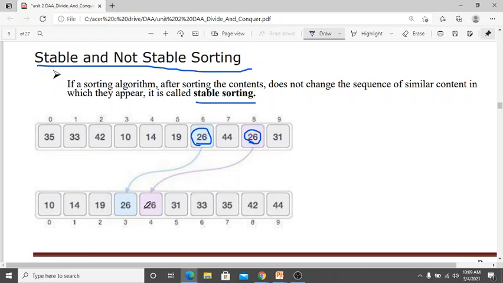It is not changing the sequence of the original data. Whatever the original data is, if both are the same, then it is not changing the position. Who is coming first stays first, and who is second is placed in the second place only. This is called stable sorting.